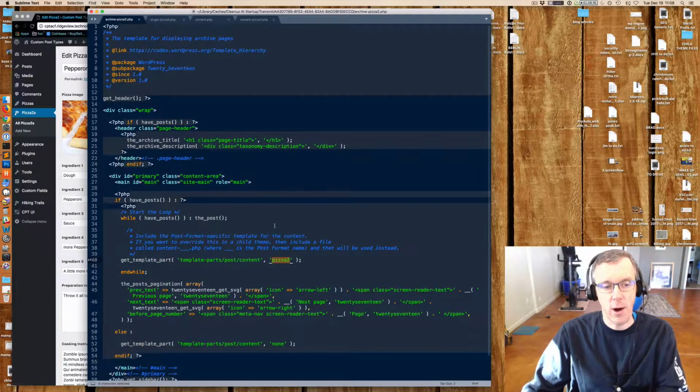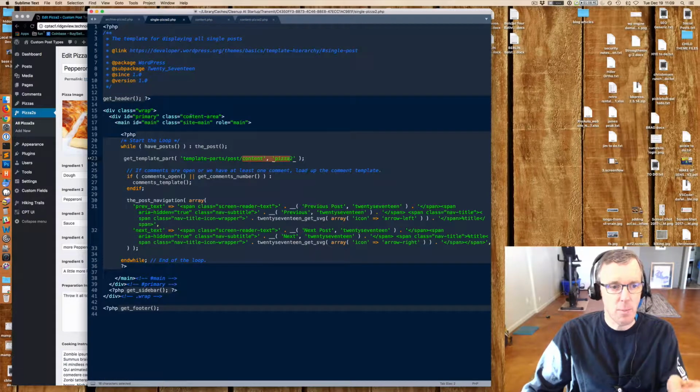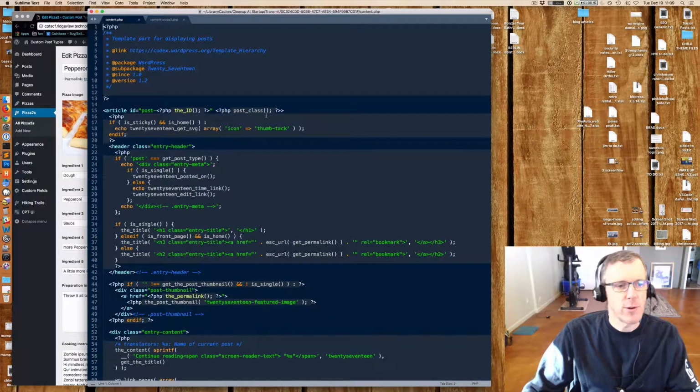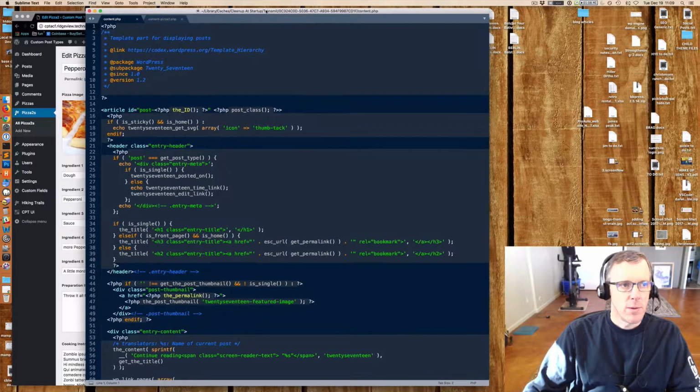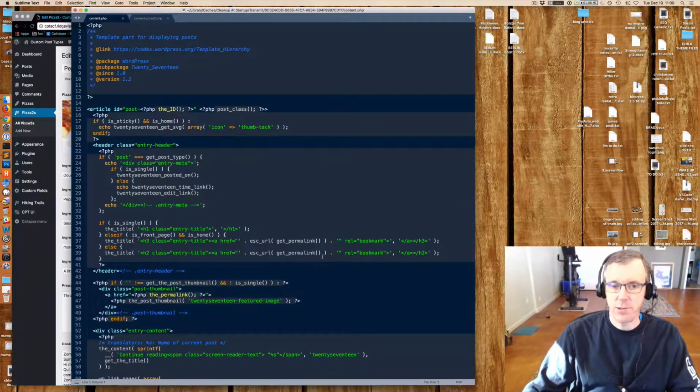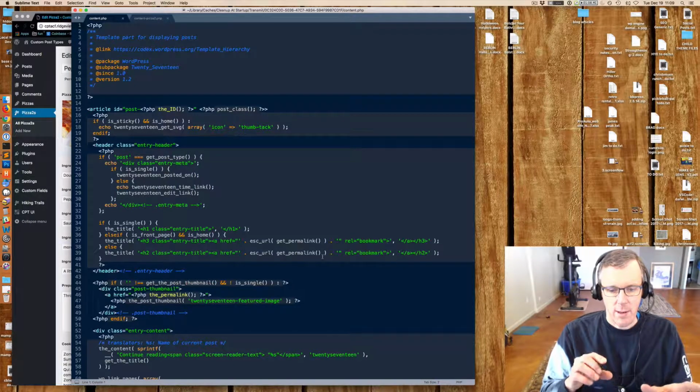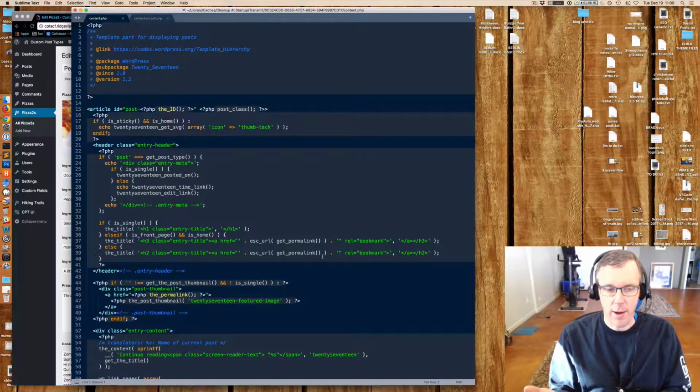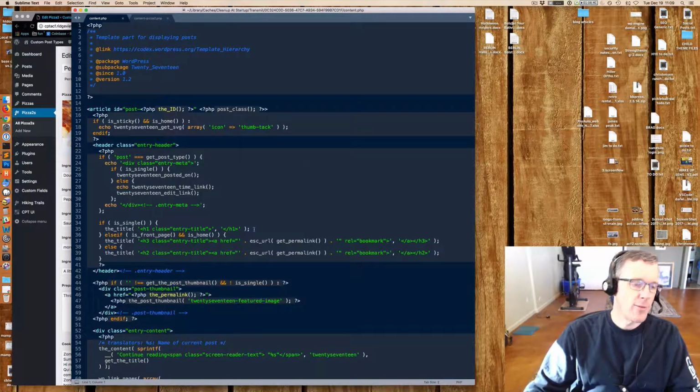We haven't talked about that content yet, but it's content-pizza. Same exact thing with a single post. We're going to use content-pizza. So what I wanted to show you first was the content template file by default. So if you did not use any of these custom templates using the template hierarchy, this is what you would get. So this is the default